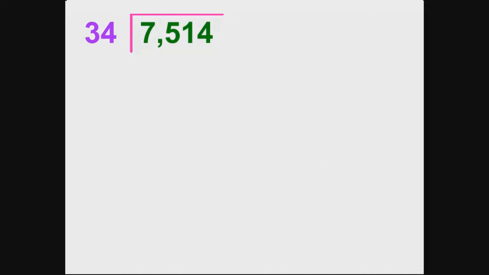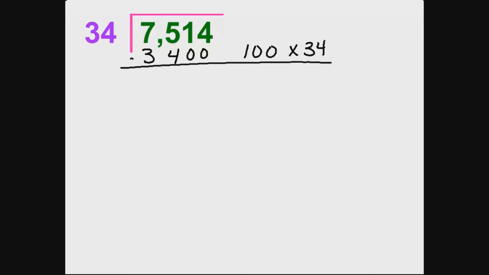7,514 divided by 34. Just like the standard has requested, we will use place value to estimate our first equal group. 34 can go into 7,514 at least 100 times. We will record that 100 groups of 34 are found in 7,514. We then subtract to take that part of the dividend away. We are left with